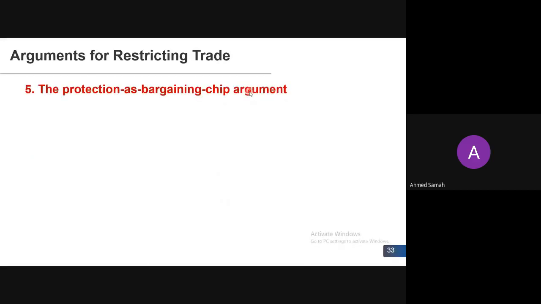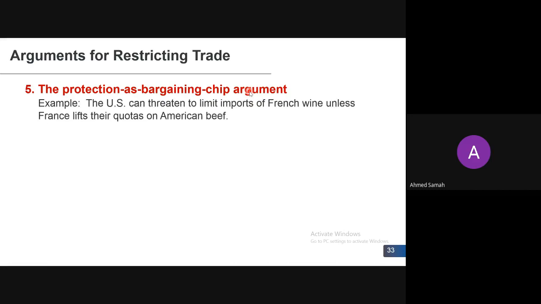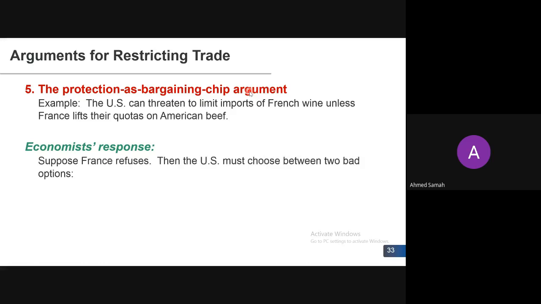I think the next is the protection as a bargaining chip argument. So, for example, the US can threaten to limit imports of French wine unless France lifts their quotas on American beef. The economists' response to this is, suppose France refuses. Then in that case,